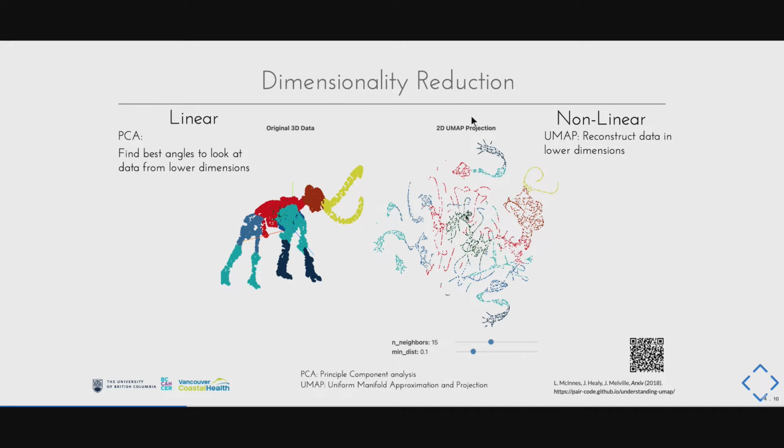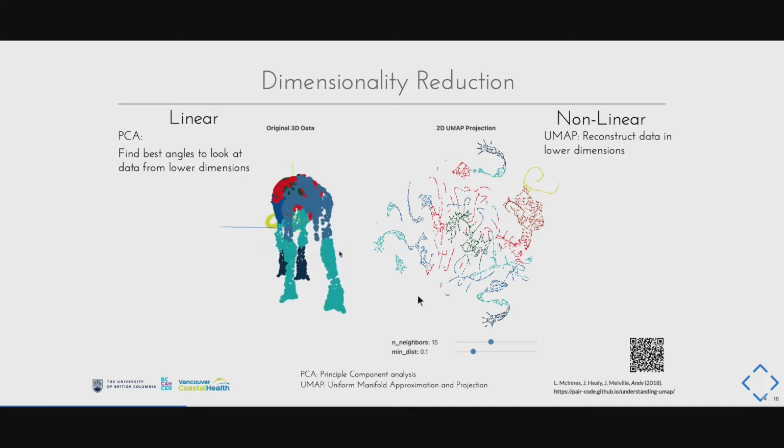In contrast, let's look at nonlinear DR methods like UMAP or t-SNE. Those algorithms reconstruct the high dimensional data in low dimensional space, trying to find a reconstruction that has the smallest difference from the original high dimensional data. This nonlinear DR method is very effective at unfolding the nonlinear structure in the data, but this procedure can also introduce potential distortions. For example, let's look at